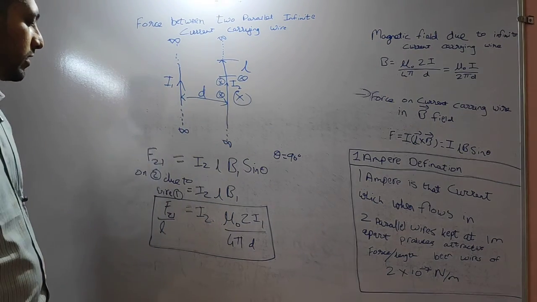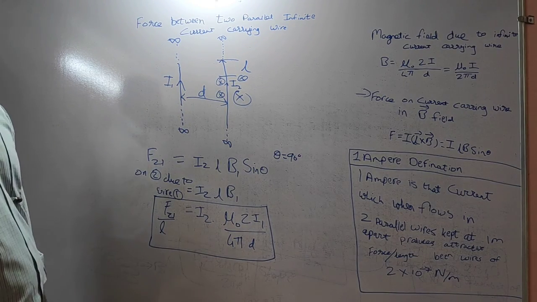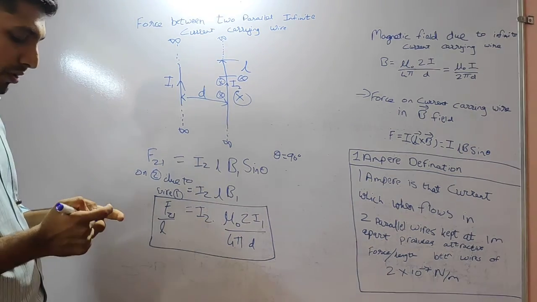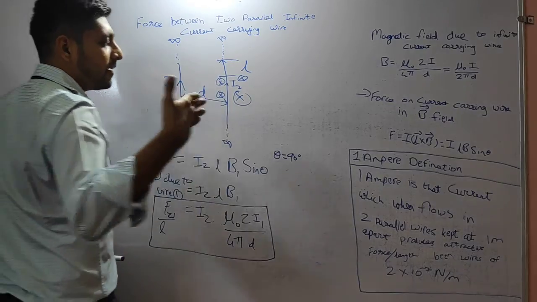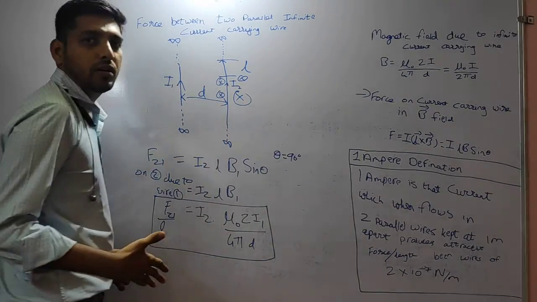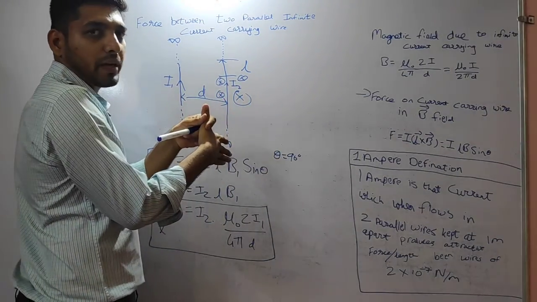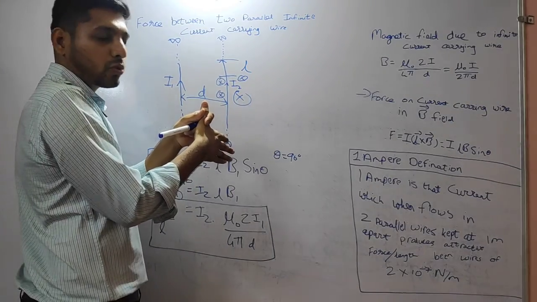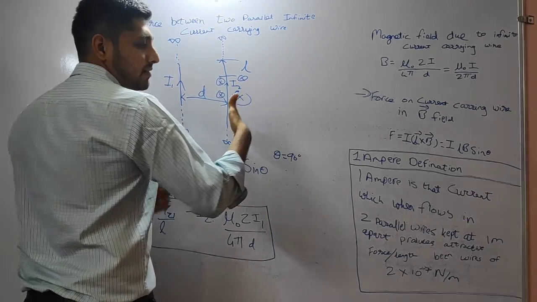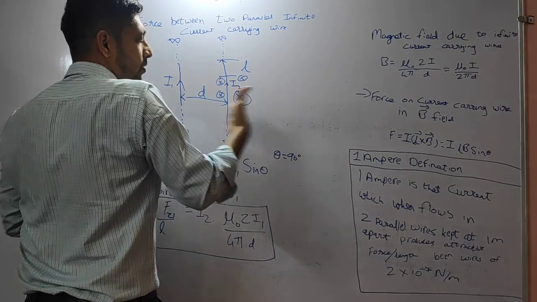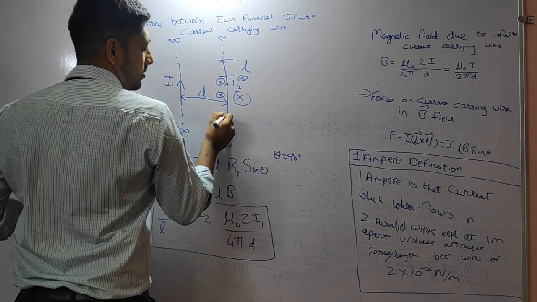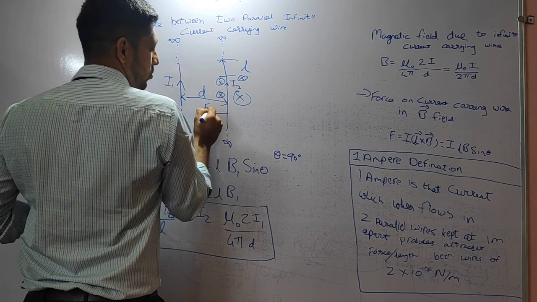Now we need to understand the direction of the force. To understand the direction, once again we will take the right hand palm rule. The magnetic field is inward, and the direction of current or velocity should be shown by the thumb. So with the magnetic field inside and the thumb in the upper direction, the direction of force will be from the palm. So it will be in this direction, F21.